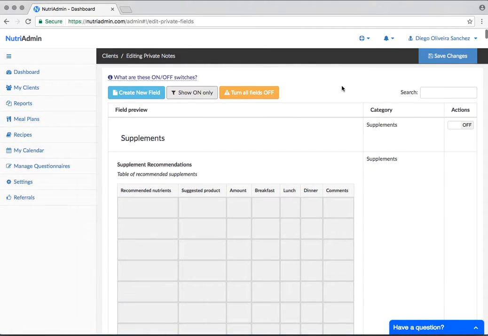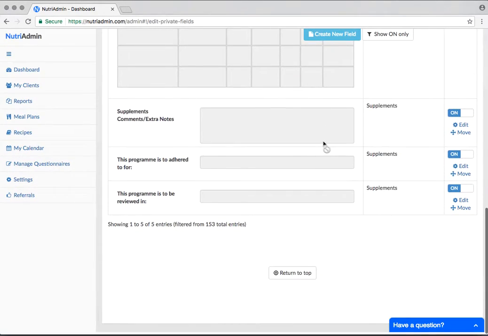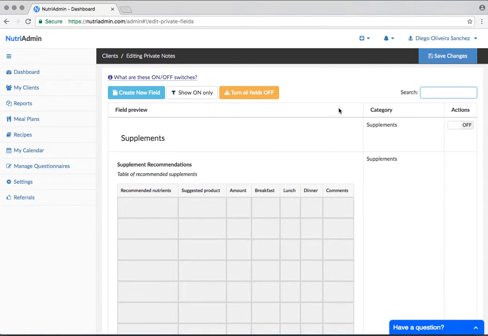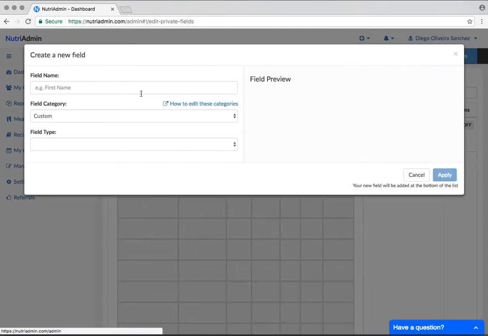And finally, there's this search box, so you can search in here if we have a certain field, such as supplements. This will filter all the supplement-related questions. So if you're wondering, do they have a field for this particular question that I want to add, you can search in here, and if we don't have it, then you can go to Create New Field, and this will let you create